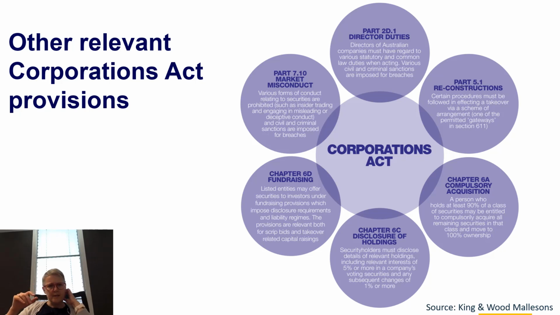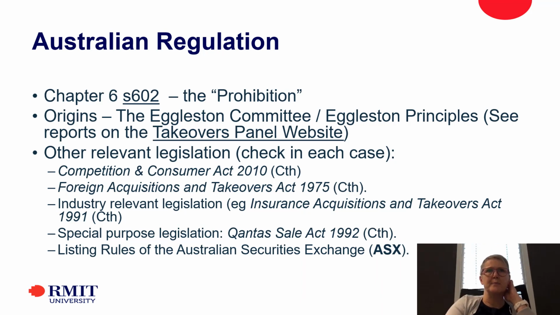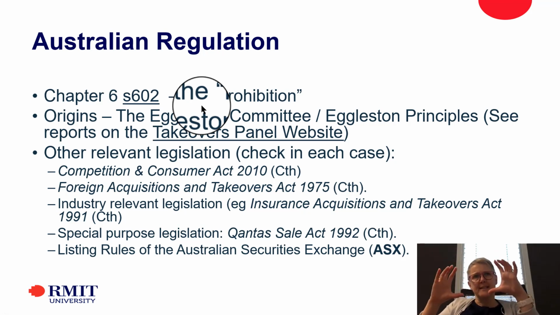I thought that actually on this slide I had the information about the prohibition as well, but because of the way that it works, what we're doing is we start off with the principles. The prohibition is not in 602, it's in 606. But 602 sets up the framework for the chapter, and then from there we move through each of the principles, we get to the prohibition, and where you will spend most of your time is with 611. So 611 sets out what the exemptions are.